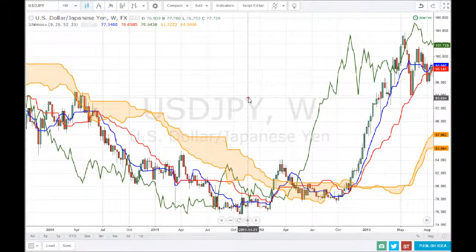The last part of this indicator is this blue line. Once again, this can show us short-term price movement. If price is above this blue line, it can act as a signal that price is going to move on the upside. When price is below this blue line, it's a signal that price can continue to fall on the downside. Such as here